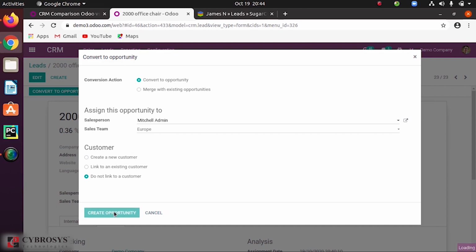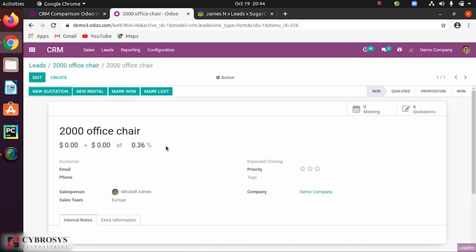So suppose if I am converting this to opportunity, automatically you can see it in the pipeline of our Odoo CRM. So here you can see when I have converted into opportunity, some additional buttons also came, that is to add new quotation, new renter, mark it as won or lost.